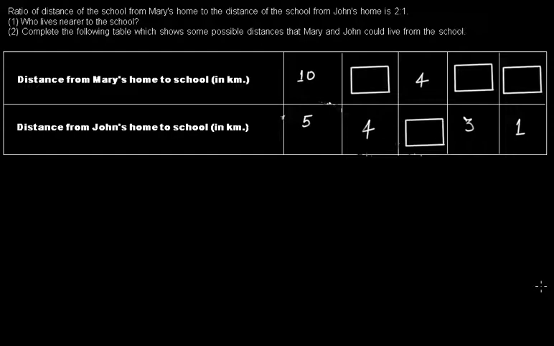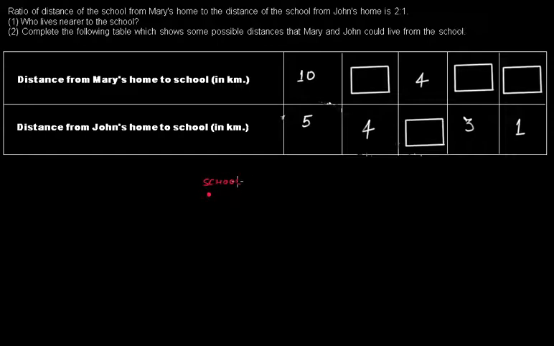So it's time to solve some word problems on ratio. The first problem is: the ratio of the distance of the school from Mary's home to the distance of the school from John's home is 2:1. Okay, what it's saying is that suppose this is the school,